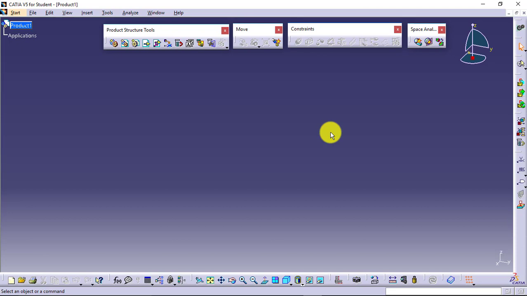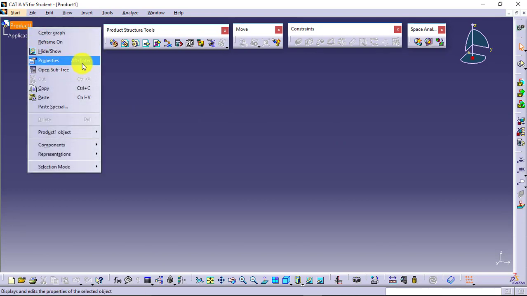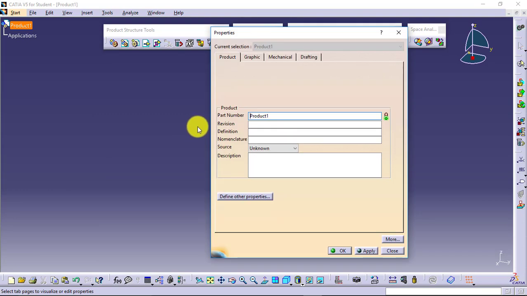Now I have to define the name of the assembly. Then what I will need to do is go to the feature tree, right click, properties. Over here I will define the name of the assembly because it is necessary to give a unique name. Otherwise, if a product1 named file is already available in your directory, then it might create a problem. It might confuse the software. So I will give